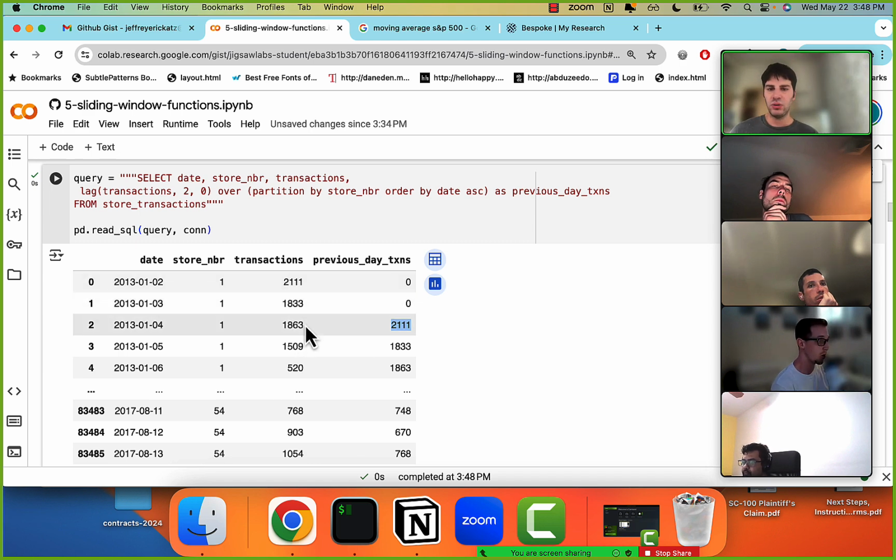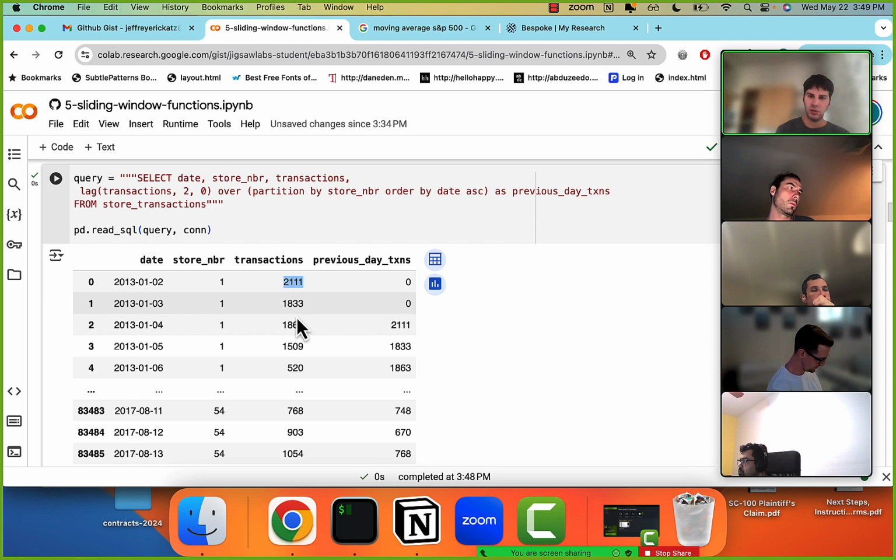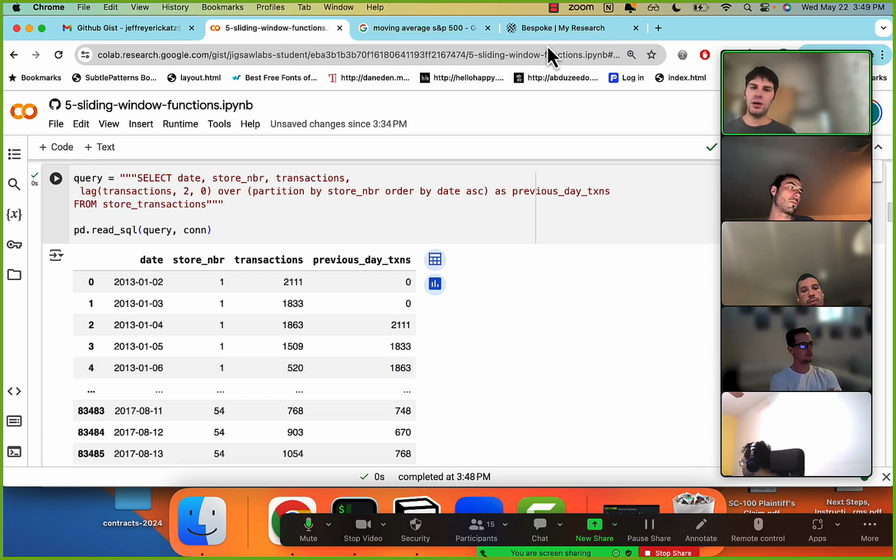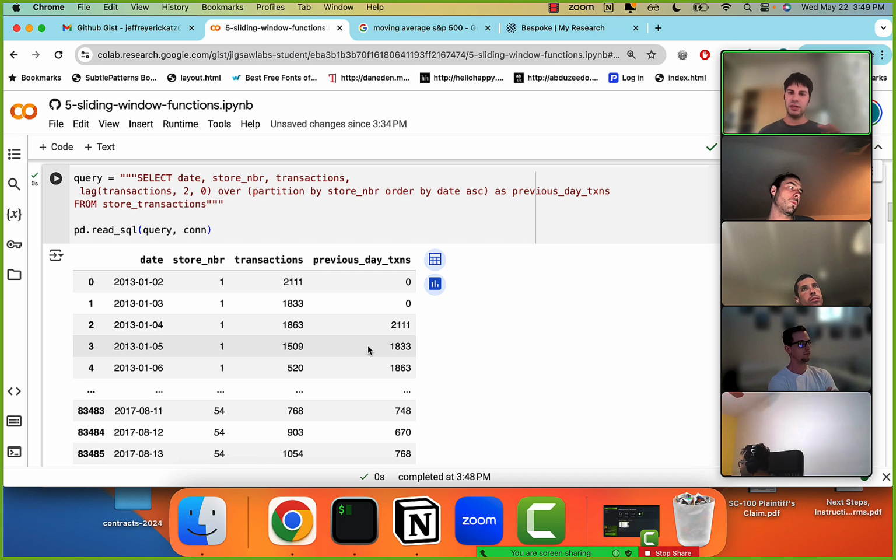It's not including, this isn't looking at this plus this, right? It's just skipping over to get to that, 2 days ago. So down here, 2 days ago would be right here, and that's what we're getting. So what is this useful for? This is for comparing previous occurrences. So in this case, it's this amount of transactions versus the previous amount